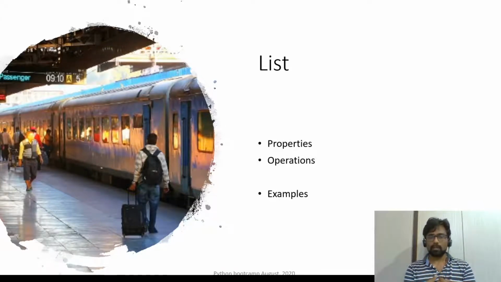So you must be able to explain that, okay, list is like train bogies. If you want to search something, you have to traverse from the first bogie till the last bogie. So it takes a lot of effort to search the elements. So for searching, list is not good. It is just good for storing and iteration. So if you have 100 elements, it's good, but if you're putting 1,000 or more elements, you need to think of better data types. Okay, so these are the properties and operations that you can do in the list.